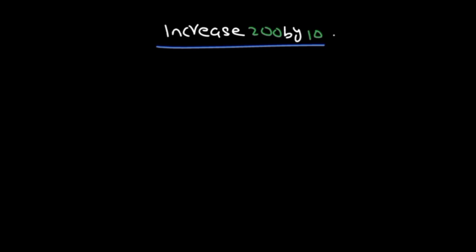So for this we just write increase is equal to 10 over 100 multiplied by 200. So when we